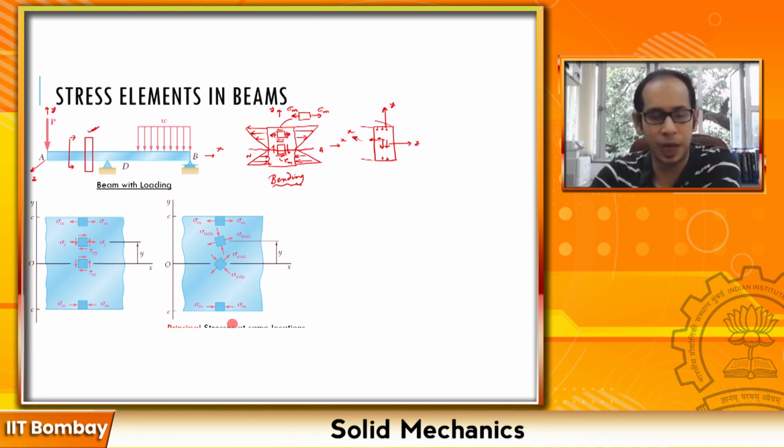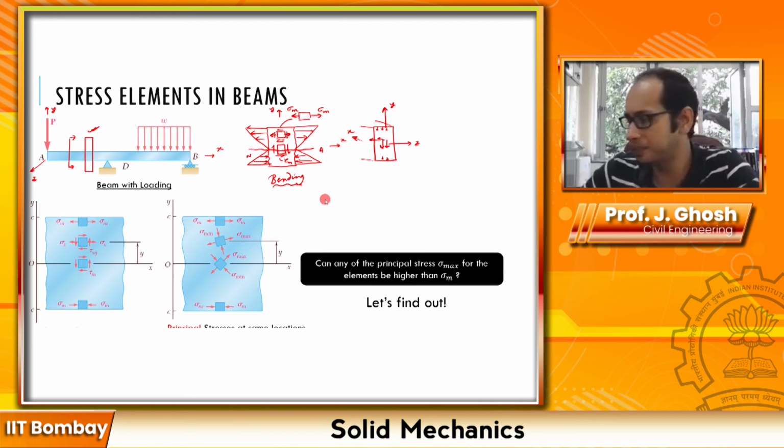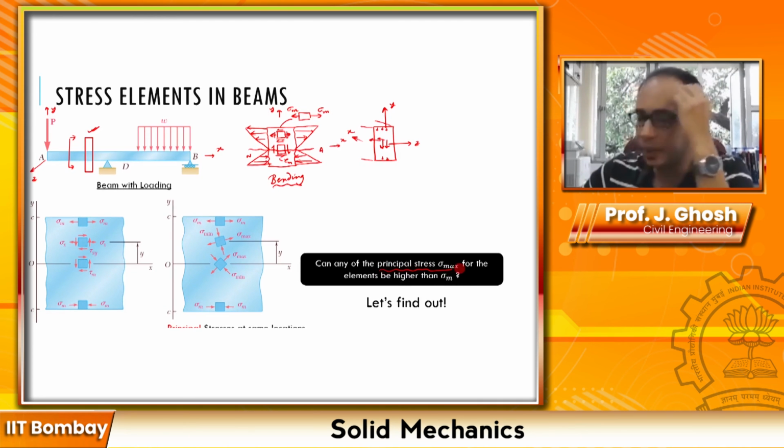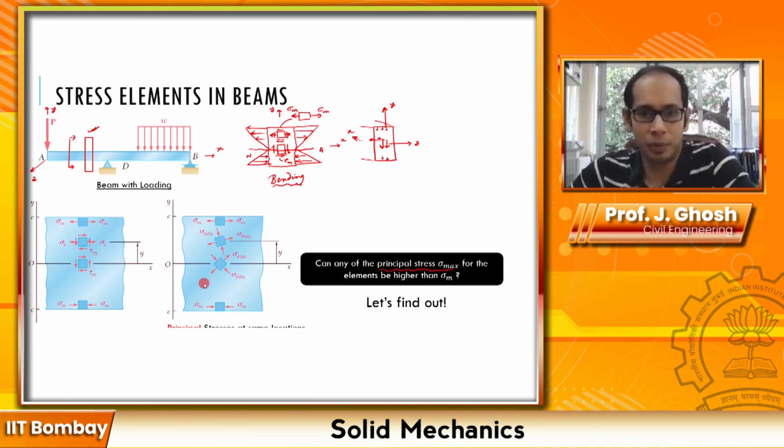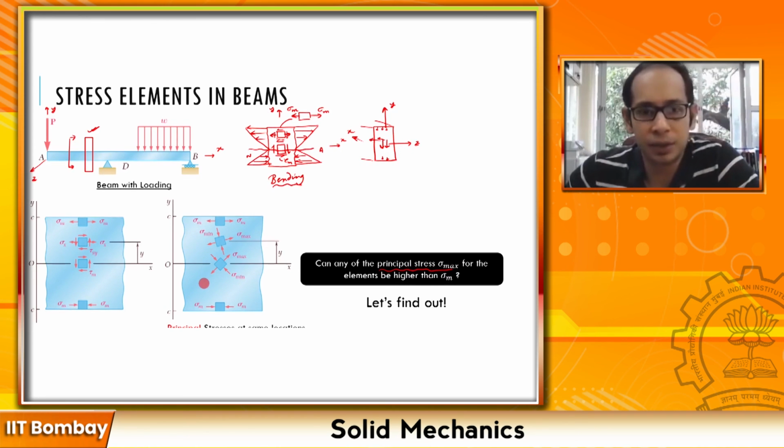So now the question is, can there be a point in the beam where, for the regular bending case, we have seen that the maximum stresses happen at the top and the bottom, but can it happen within the beam? You have other locations where, after the element is oriented about its principal directions, can these stresses ever be higher than the maximum stresses at the extreme fiber? So that is the question. Can the principal stress sigma x ever be higher than the sigma m which you have at the top and the bottom? We will solve an example problem through which you will find the answer to this question,